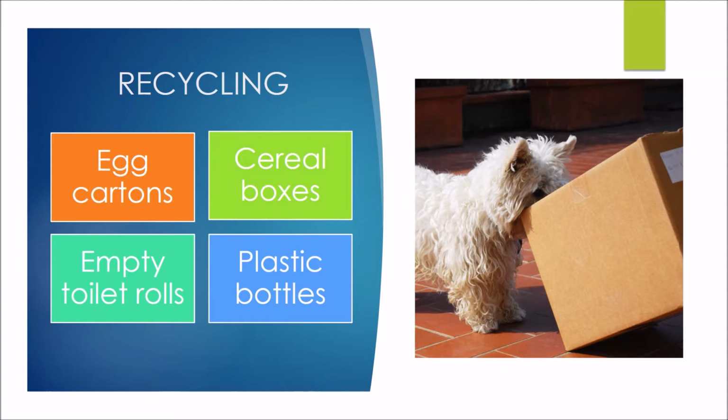Really quickly on plastic bottles, I take the lid off, pop some food in there, then they can crunch and chew and shake it to play with it. The plastic bottles, do make sure you are 100% supervising this game, purely because 95% of dogs will just chew and crunch and shake till they get all the food out and then will stop, finish the game. But there's that small percentage who then think it might be fun to chew up the bottle and ingest it. So if you have a dog who you think might like to ingest pieces of things, maybe avoid the plastic bottles.